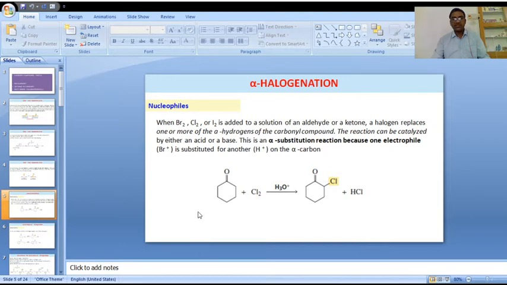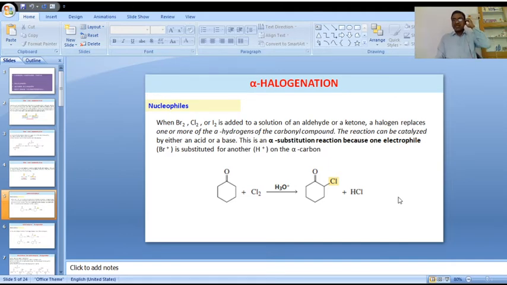Here this is a ketonic functional group, cyclohexanone. Here we are using it as a starting compound. On reaction with the halogen in presence of hydronium ion, the alpha hydrogen, that is, the position adjacent to the carbonyl carbon, that particular place is the alpha carbon, alpha hydrogen. This particular hydrogen is replaced by halogen. This is the alpha substituted product. Is it clear? We are getting the alpha substituted product.